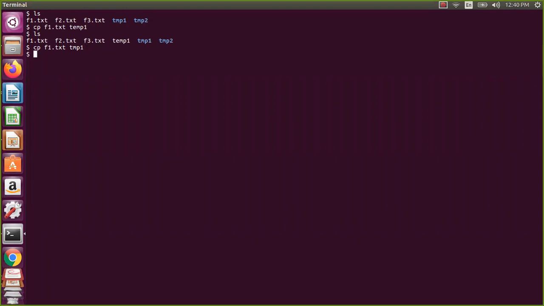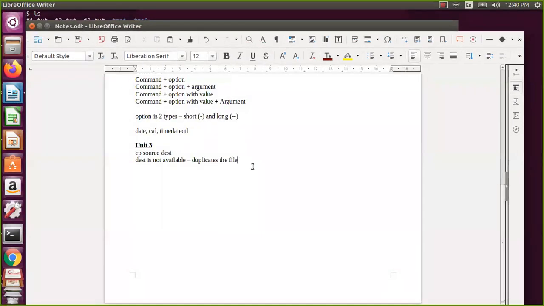So what will happen? This particular file will be copied to this directory. That means if the second argument is a directory, if the destination is a directory, the file or files will be copied to that directory.